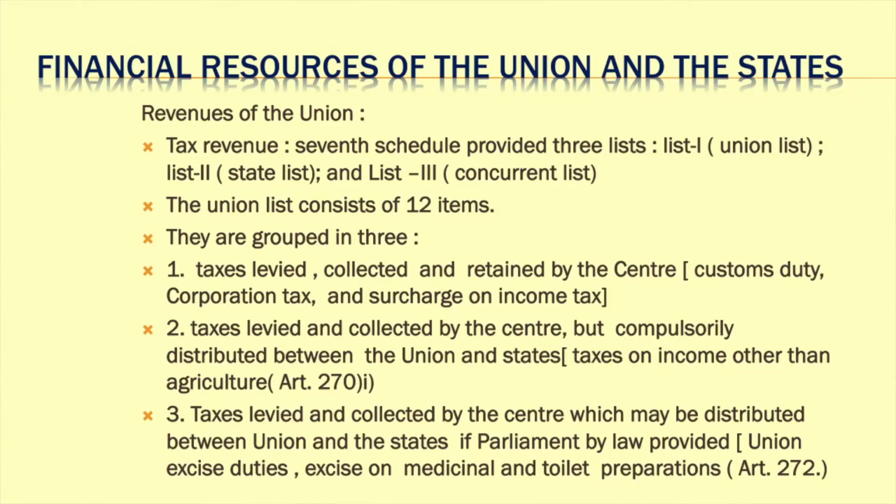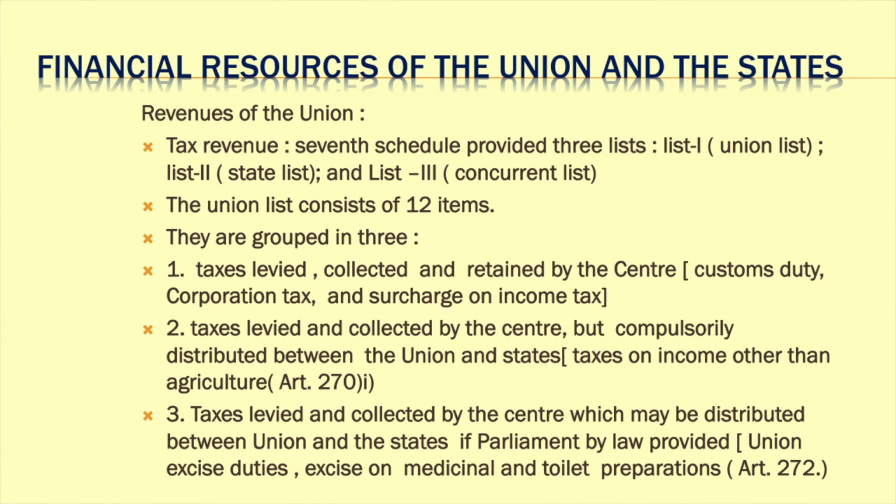But here the Constitution makes the point that the union government's ideas or policies will prevail over the state policy, particularly in the concurrent list. For example, if you look into the revenues of the union, then you have the tax revenue. The union list consists of 12 items. They are all grouped in 3. One is the tax levied, collected and retained by the central government, that is customs duty, corporation tax and surcharge on income tax. Second is taxes levied and collected by the center but compulsorily distributed between the union and the states,